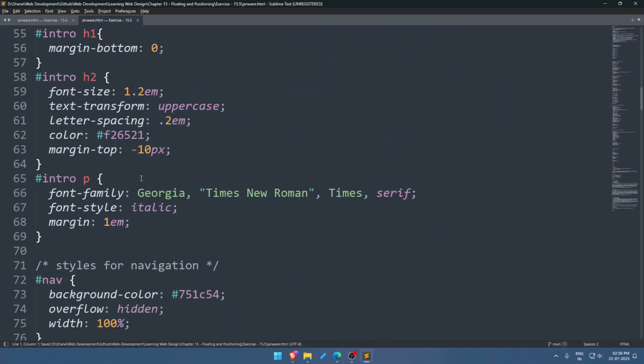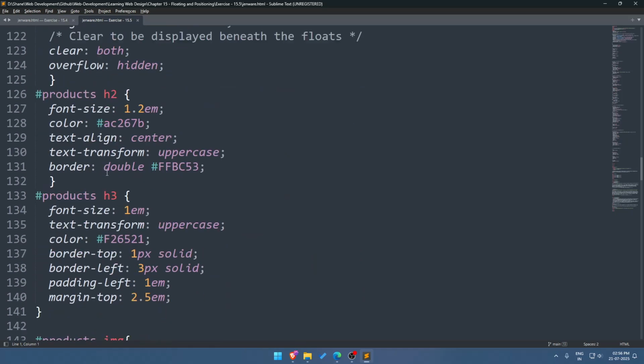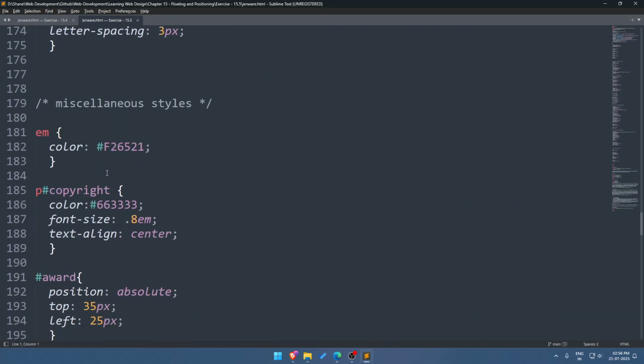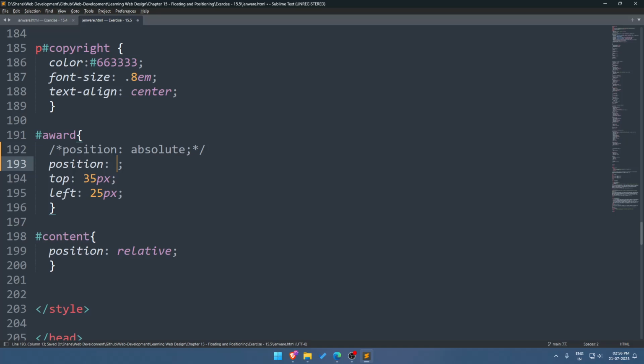Alright, so we need to go to the last one, where it is testimonials award, right? From absolute. Hold up, let me see that I have changed the value of position to fixed,